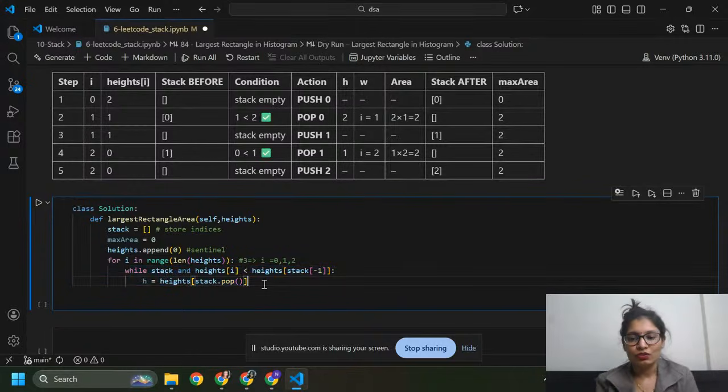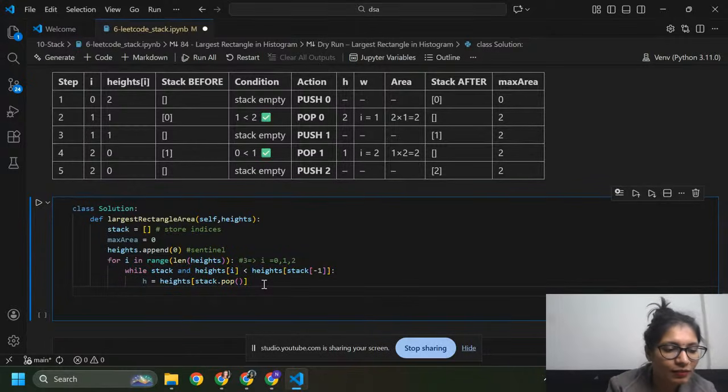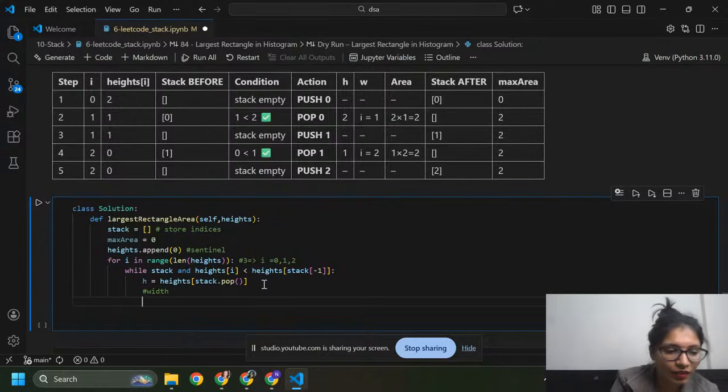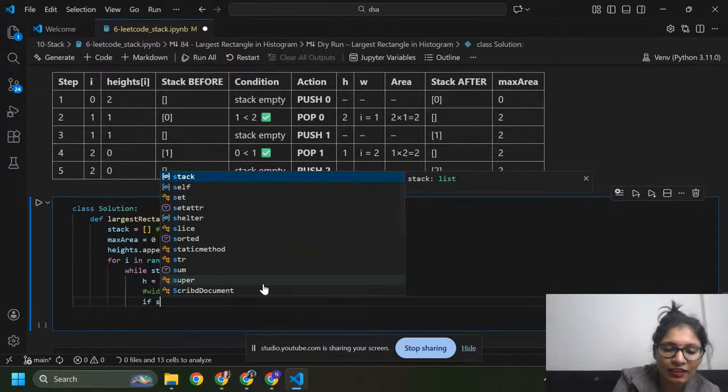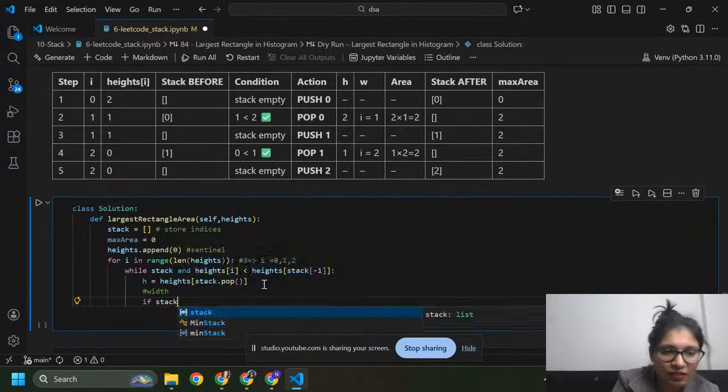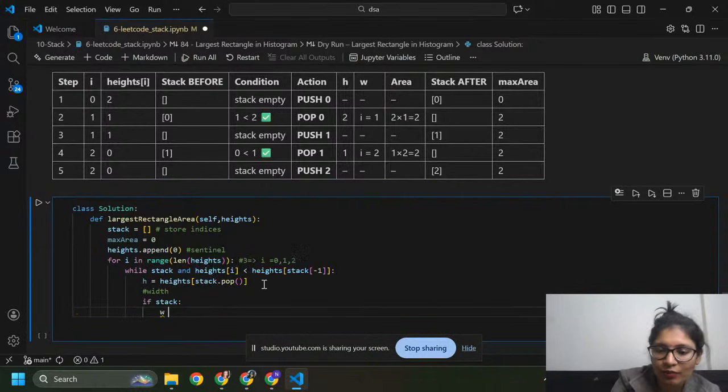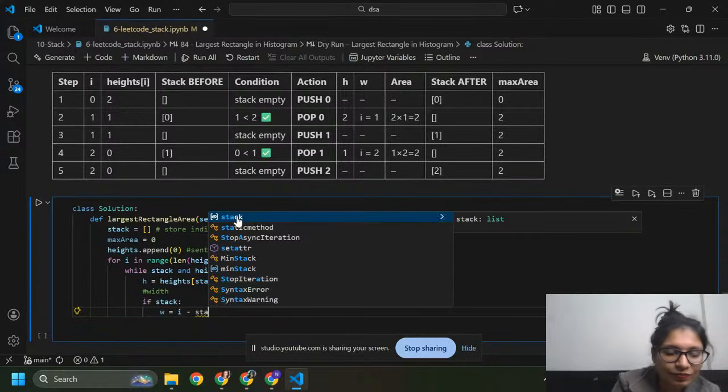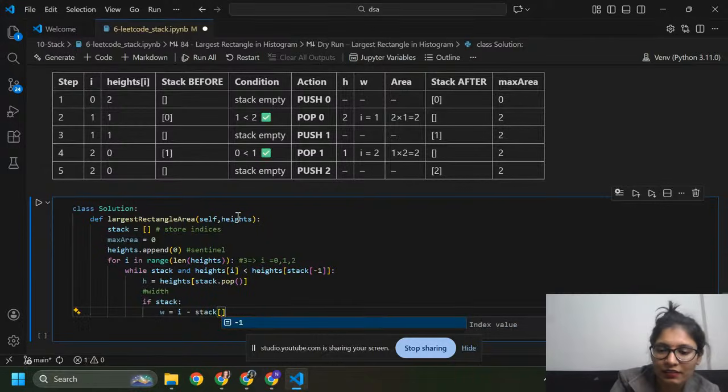So what I'm going to do here, I'm going to calculate width. So here I'm going to write if stack has some element inside this, then we are going to calculate w equals to I minus stack, here inside this I am going to pass minus 1.